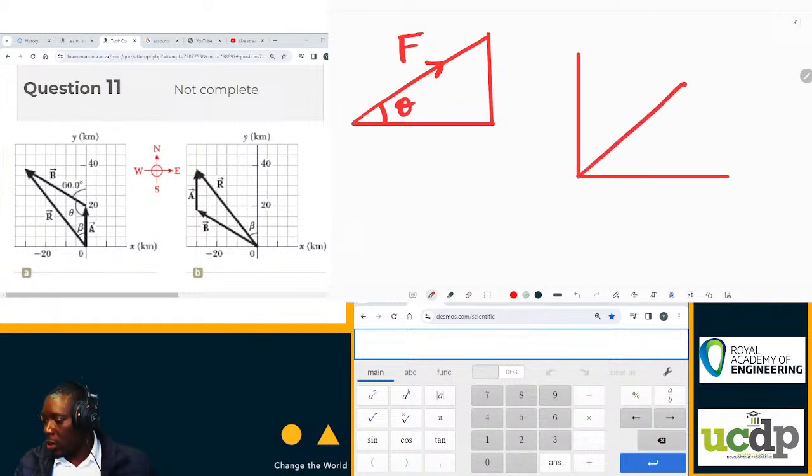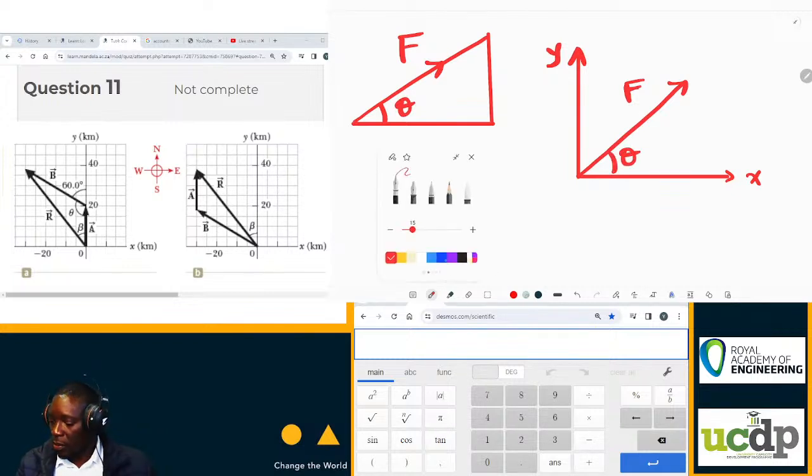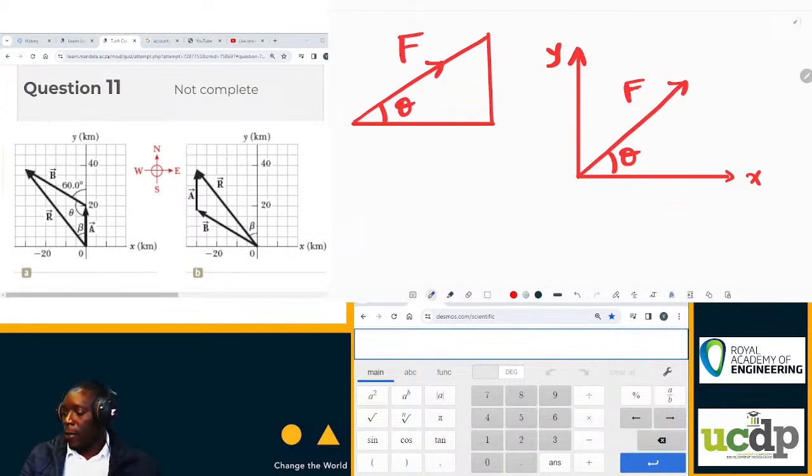So this is the same force, F, and it makes an angle theta with the horizontal. So now our components